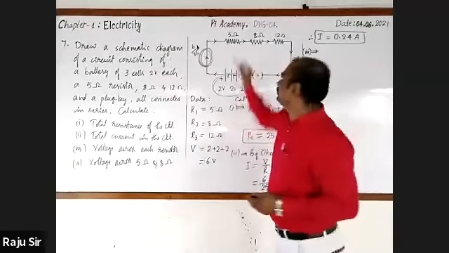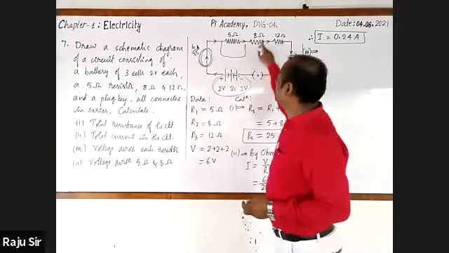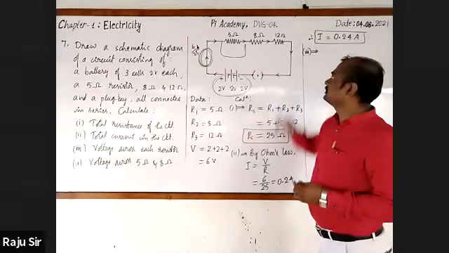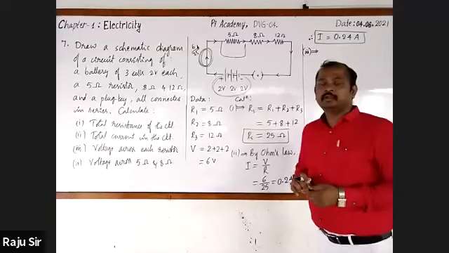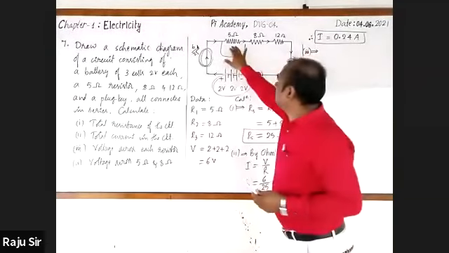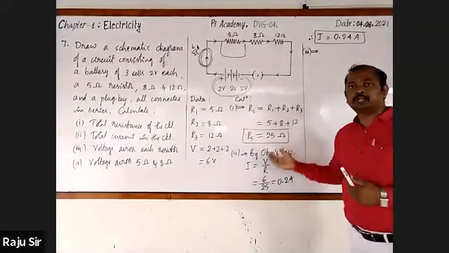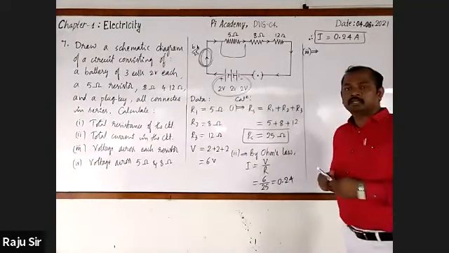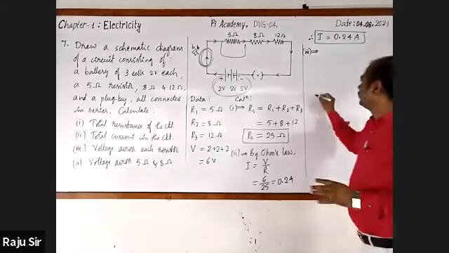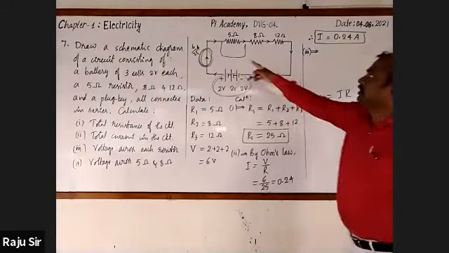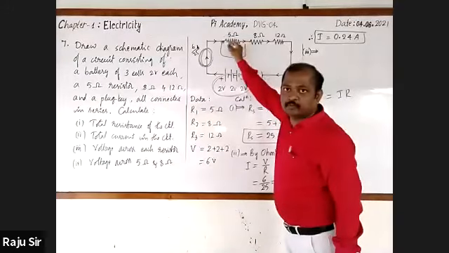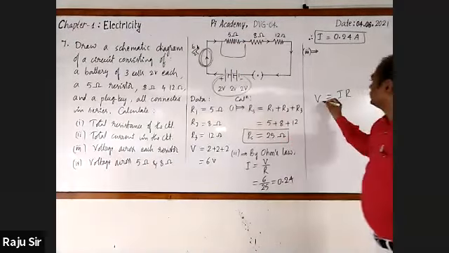Now we are going to find out the voltage across 5 ohm, voltage across 8 ohm, voltage across 12 ohm. How do you go about finding the voltage across 5 ohm? You have to use the voltage formula. What is the voltage formula? Voltage formula is I into R. Here, the voltage across 5 ohm should be found out. It is V1. V1 is equal to I R1.